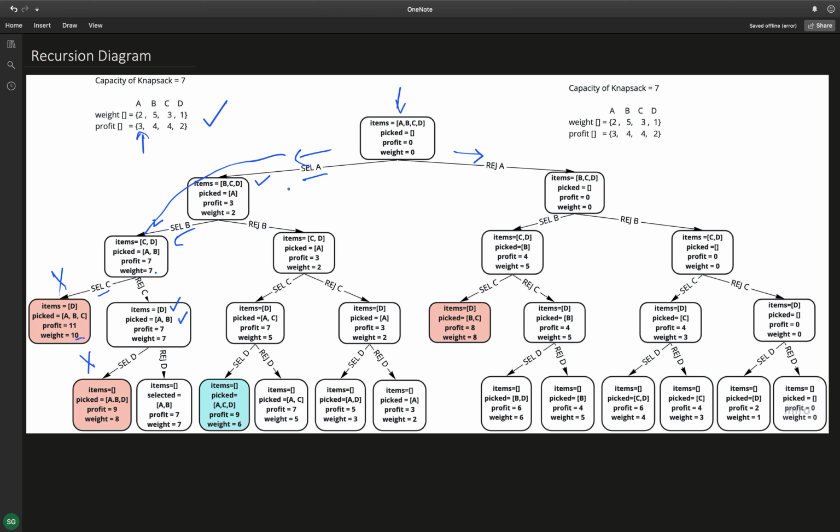So as you can see, this is the recursion diagram, but at any point of time we have one branch on the stack. So for example, we talk about this branch. From here we have selected A, then we have rejected B, for example, then we have selected C, and then we have selected D. So there are currently four items on the stack till here.